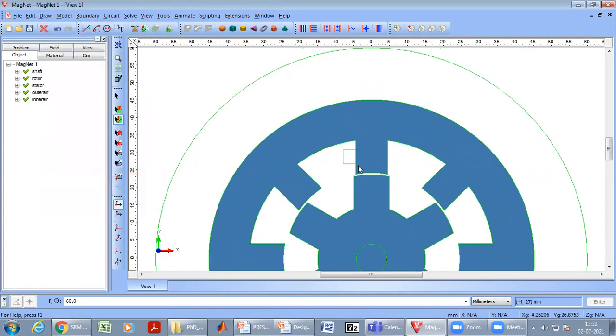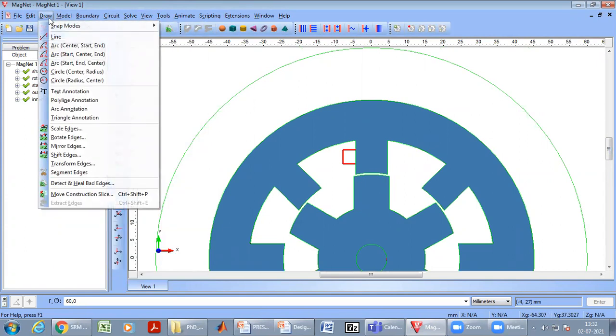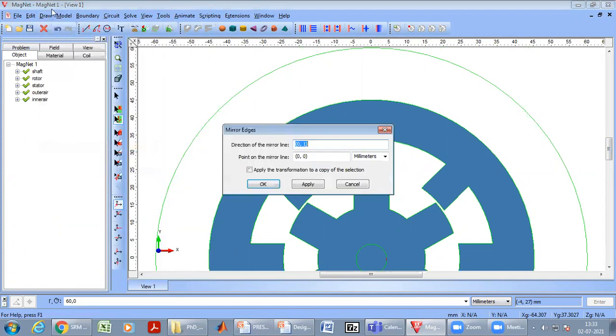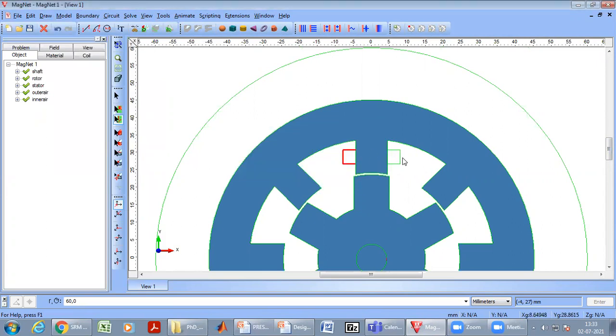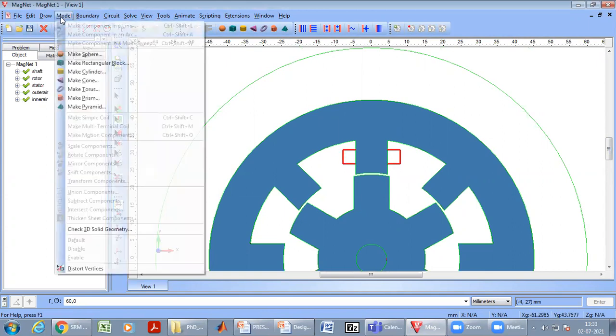I delete these unwanted portions. Now I'll select this and say model, draw mirror edges. So when I say this, what will happen? It will get the edges here as well. Now I can select both of these things and